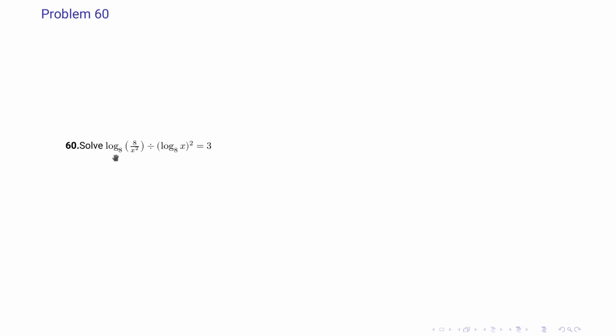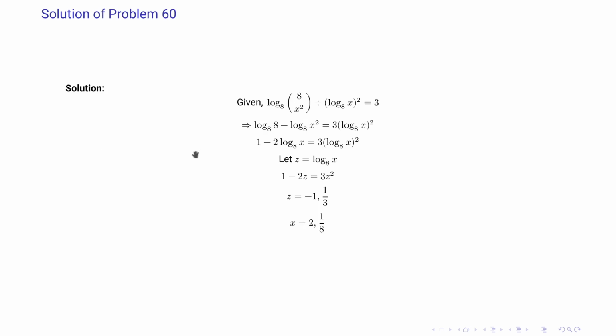Problem 60 says that we have to solve the equation log of 8 by x square with base 8 divided by log x with base 8 whole square is equal to 3. So in this case, we take the denominator to the right hand side. Right hand side becomes 3 into log of x with base 8 whole square, and left hand side we expand. It becomes log of 8 with base 8 minus log of x square with base 8. So this becomes 1 minus 2 log of x with base 8 is equal to 3 log of x with